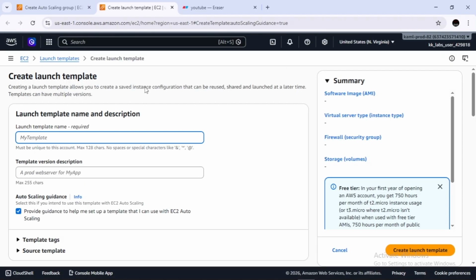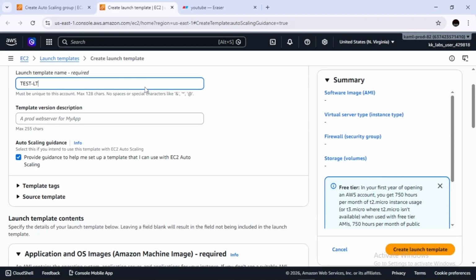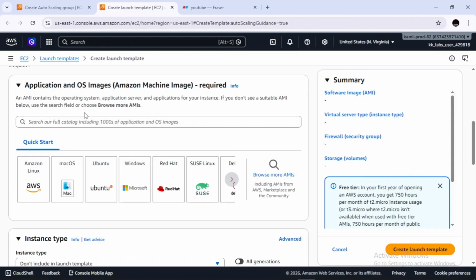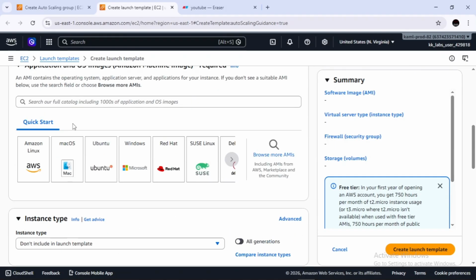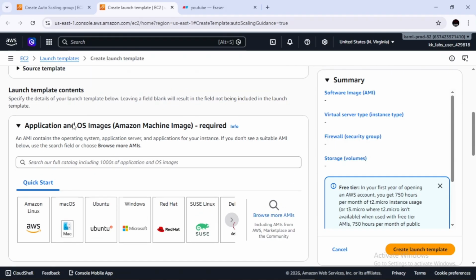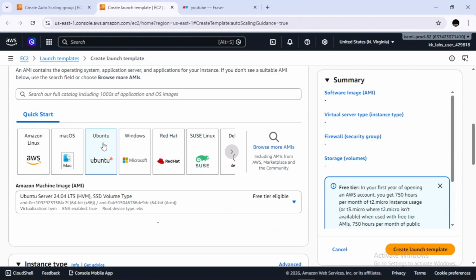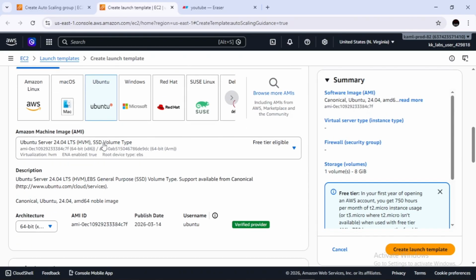So I'm just going to name this launch template as test launch template, and this is its version 1. Now let's select the operating system for our EC2 instances. I'm going with Ubuntu because the EC2 instances will serve an Nginx page.